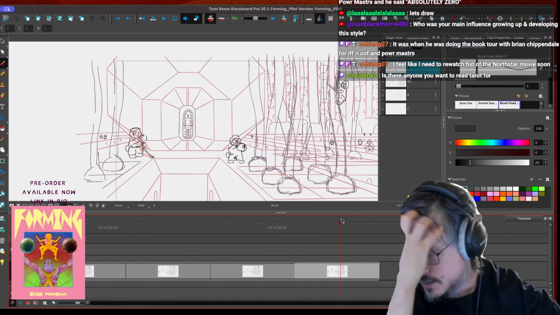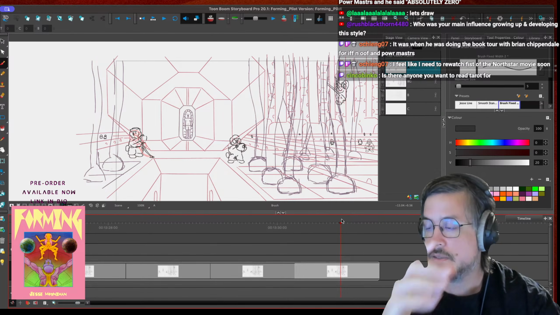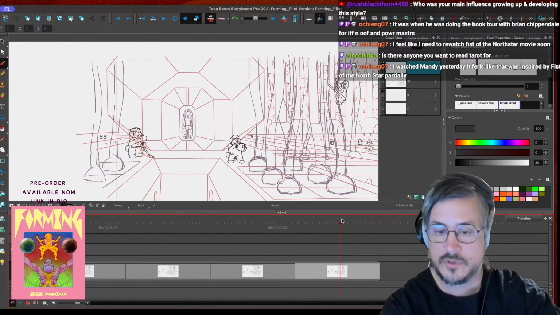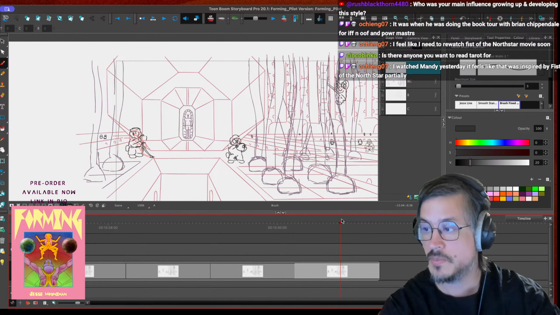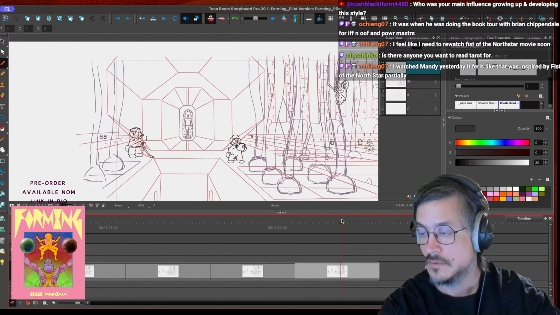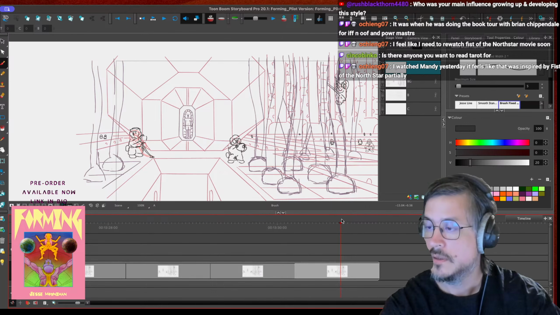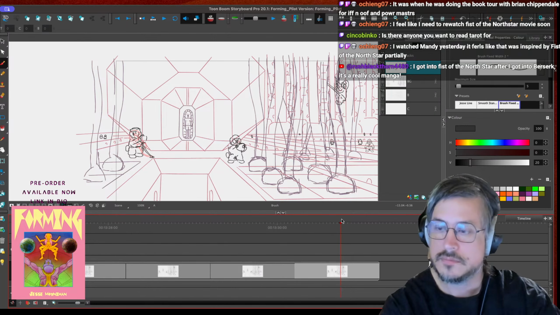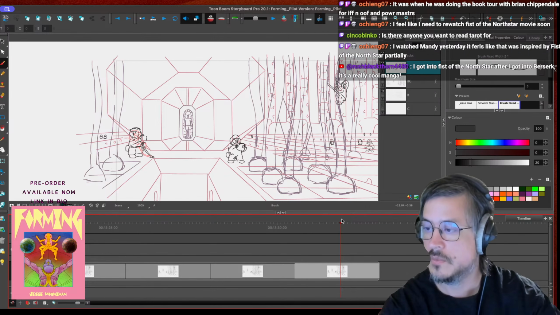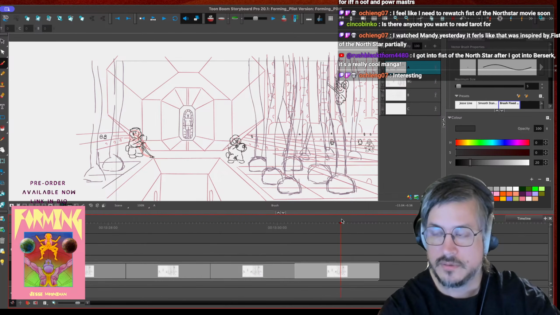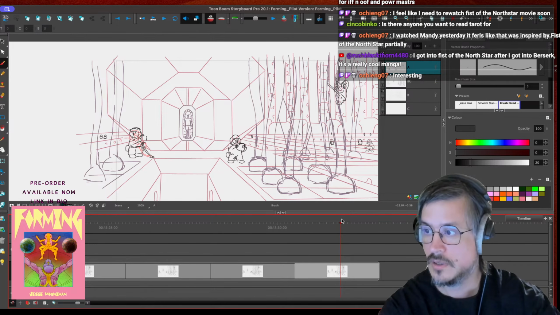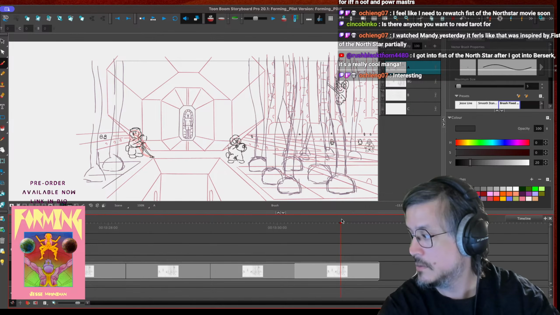The Odyssey, I really think the new Odyssey movie, the depiction of Agamemnon felt like it was directly inspired by Fist of the North Star, the character of Raoh. I was like, oh my god, he's aura farming the way Raoh did in Fist of the North Star. And his costume design felt really similar.